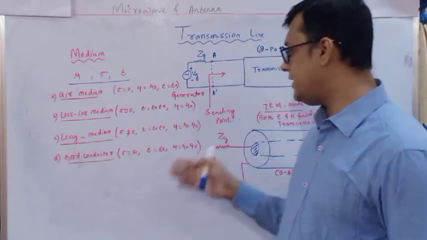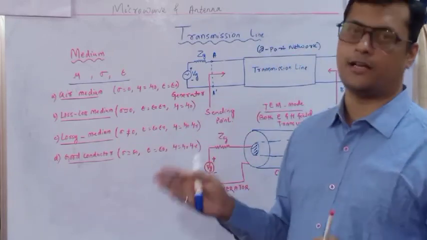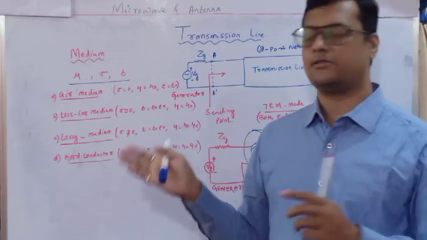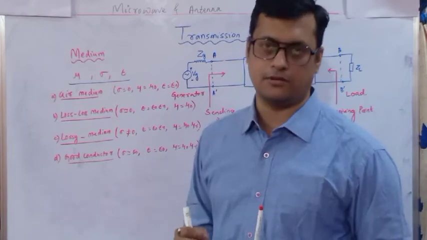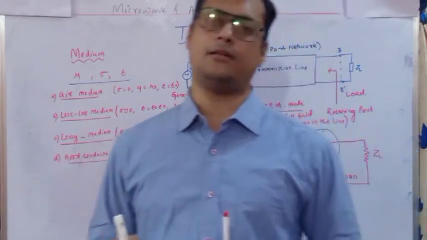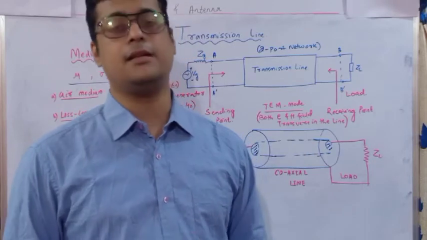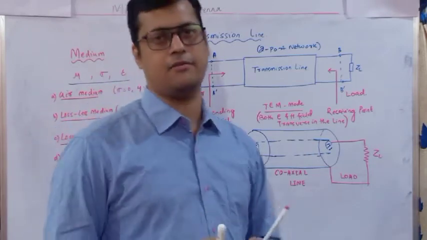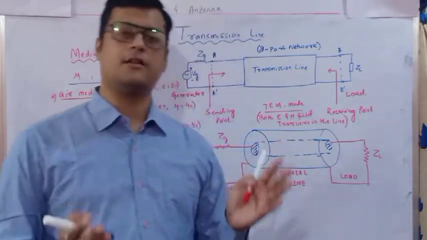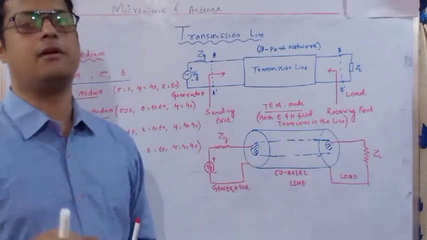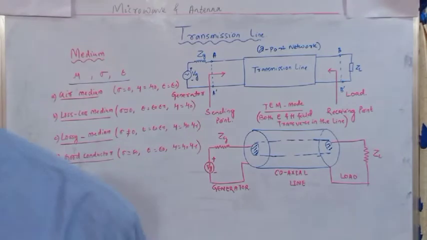But now here it is potential and current. Here it is RLGC parameter. So here we have to correlate all those things. Same propagation constant, same phase constant, attenuation constant we have to represent in terms of RLGC parameter, because that is the features of a transmission medium. Okay, so we will discuss all those things one by one, step by step.